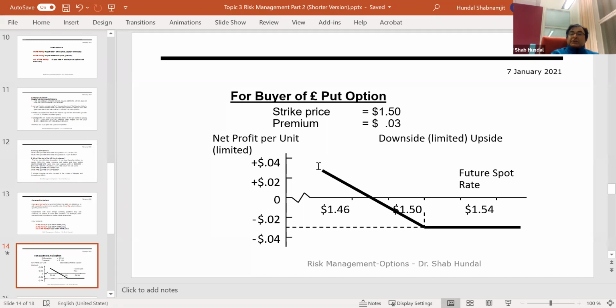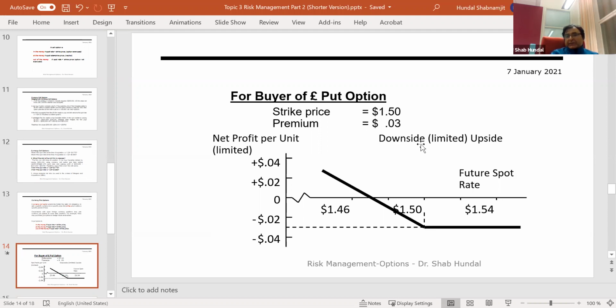More the option is in the money. Which option? Put option is in the money. And once again, if the price of the contract is 1.50, then either way, gain or loss makes no difference. So you are losing 3 cents anyways. And then if the market price is 1.54,